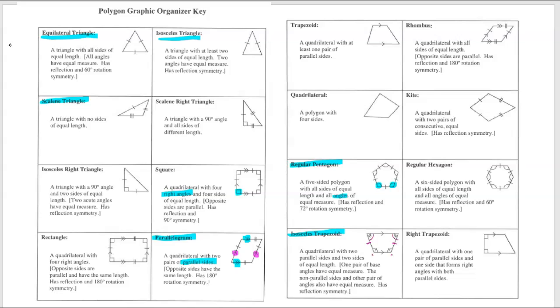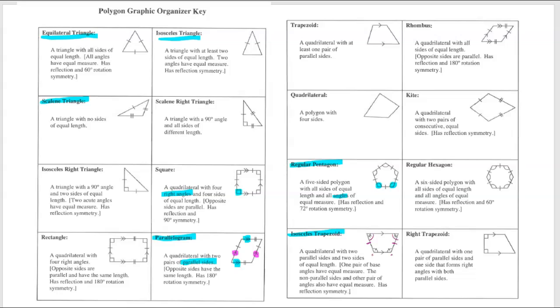Okay, so make sure that you read over this polygon graphic organizer. Either pause the video, you can read a couple of these now, or when you come back to class, you can read them. Okay, what we want to make sure that we can also do is eventually be able to look at some